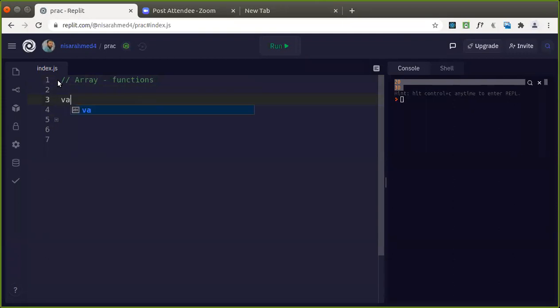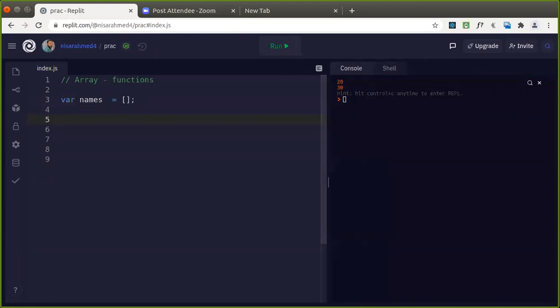Suppose whenever we have created an array, suppose there is an array called names equal to empty. Now into this, if you want to add names, how would you add elements to this array? An already existing empty array is there. In this you want to add. So there is a method called function called what? Push.